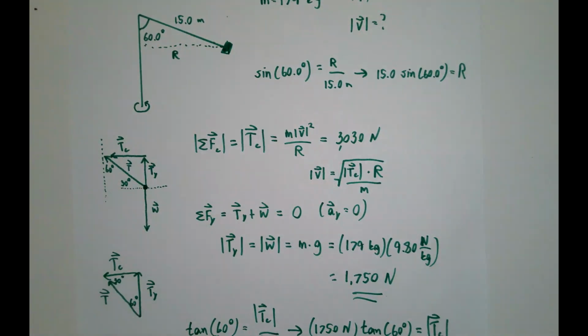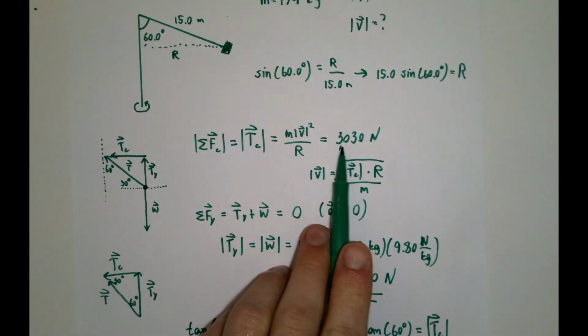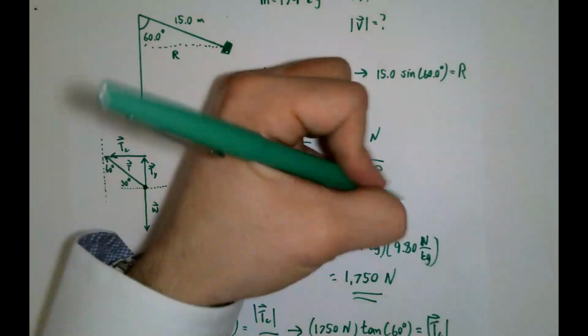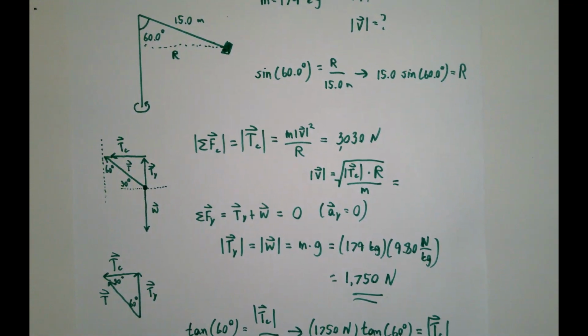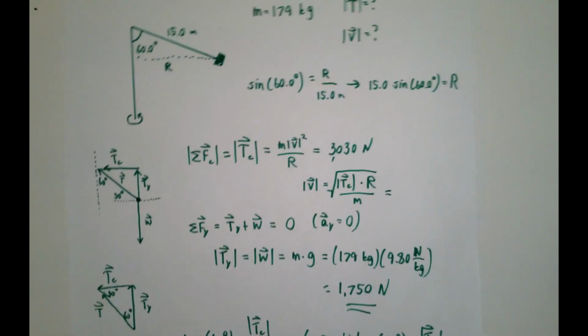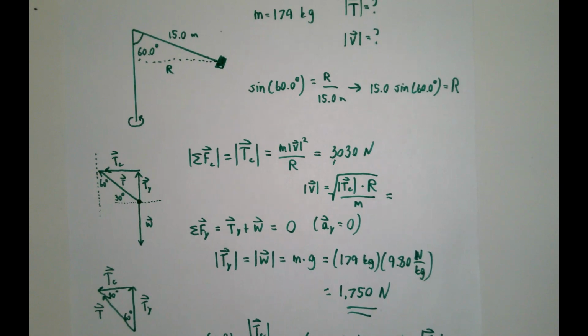Do we see how I got there? r is going to move over to the other side, divide by m, and then take the square root. Now I'll be able to find what the speed of this rider must be. So the square root of my 3030 times my radius that I found, which is 15.0 times the sine of 60 degrees,